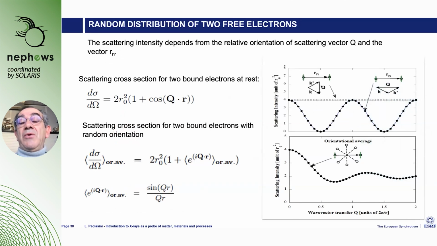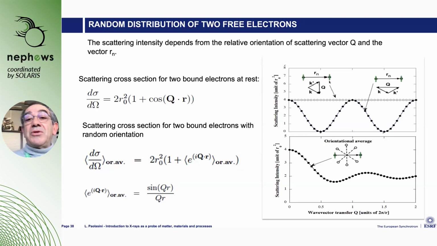Let me suppose that the scattering wave vector is Q, so K minus K prime, the difference between the incident and scattered wave vector. In the case Q is perpendicular to the relative distance between the two electrons, we obtain a scattering intensity, proportional to the square of this term, that is flat, without any kind of modulation. Instead, when the Q vector is parallel to the distance between the two electrons, the detected intensity, the square of the scattering cross-section, has a sinusoidal periodicity,